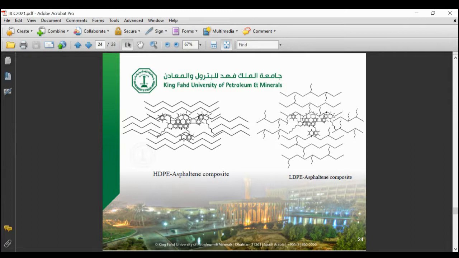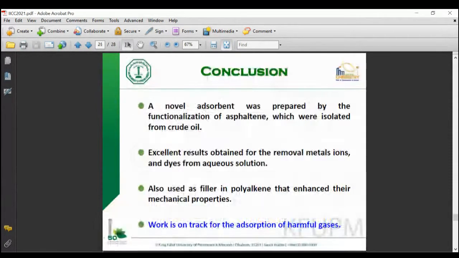So the point here is that these asphaltenes have not been explored yet. I will not say yet. I mean, I was the first who used these asphaltenes, and I got so many fascinating results that afforded me at least 10 to 12 patents, and a few are in the pipeline now. So I just want to share with you that this asphaltene has been very effective. We isolated it from the crude oil, where it is, as I say, a highly undesirable part. They provide excellent results here for metals and ions.